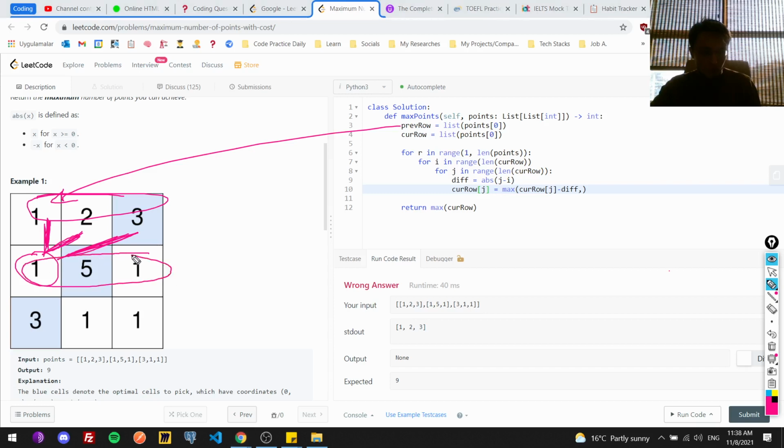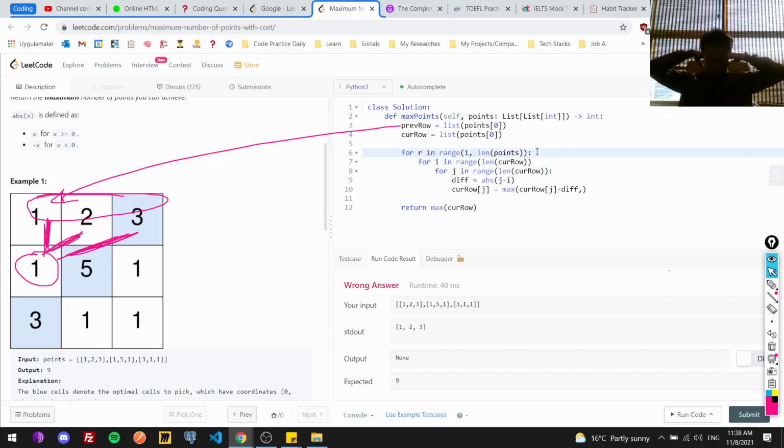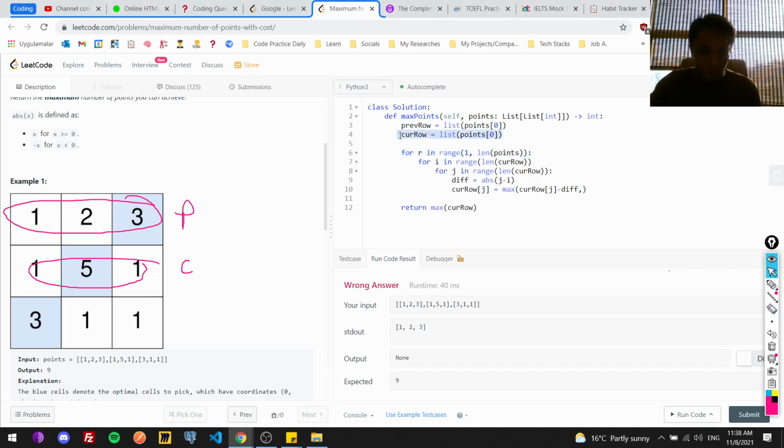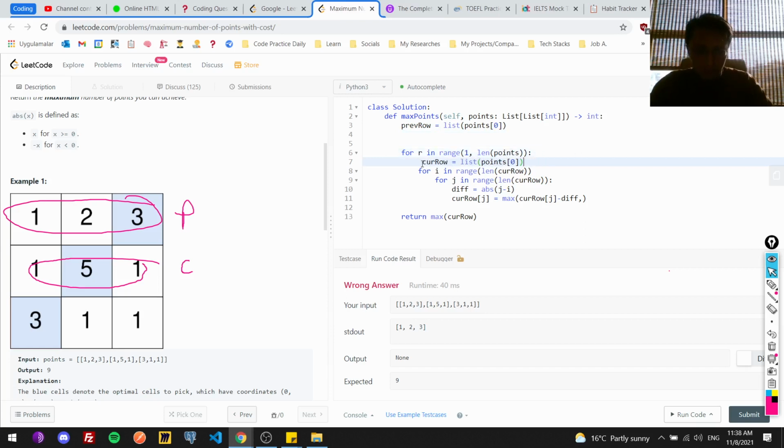So my current row will be this. Okay, I'm a bit confused. So I start from this part. Okay, I'm a previous. This part is my current. So here. Okay. My current row is points and R, like that,